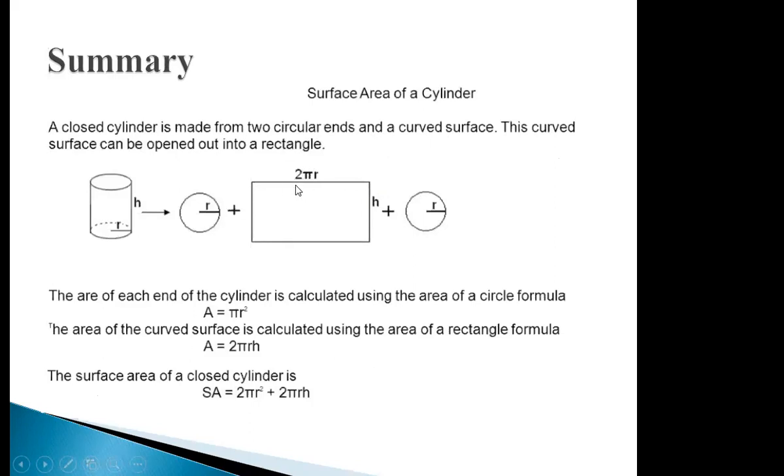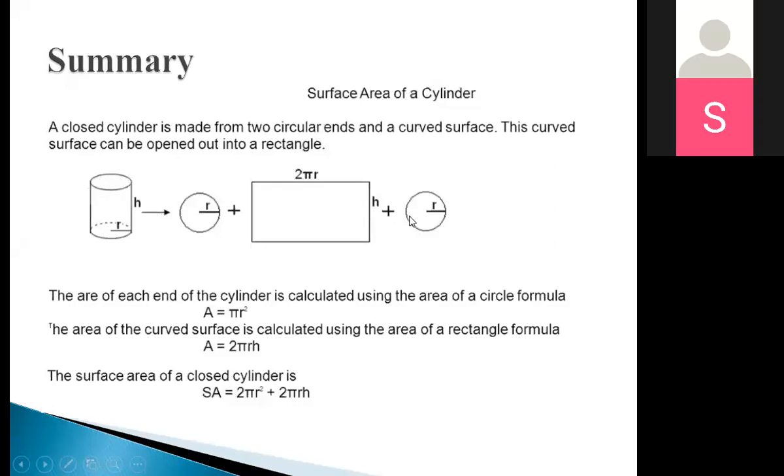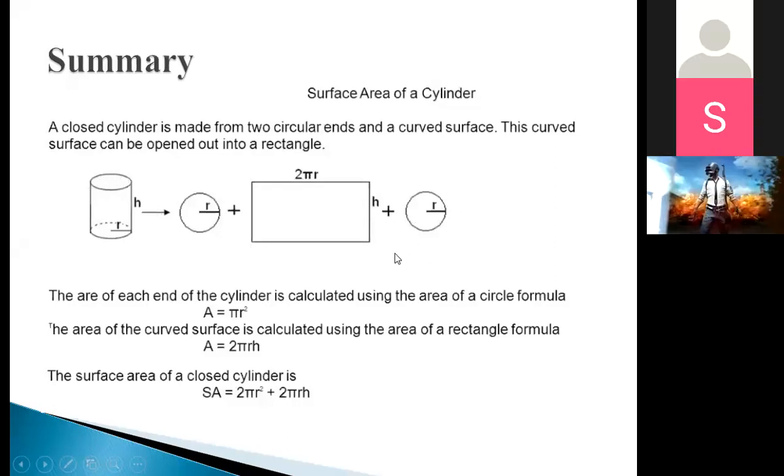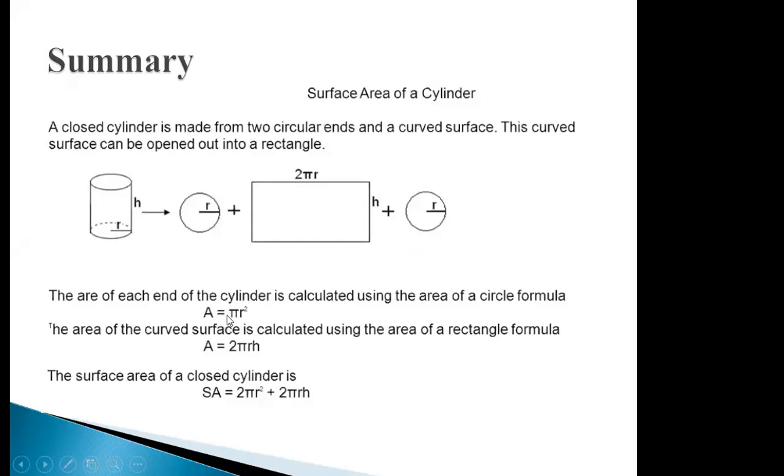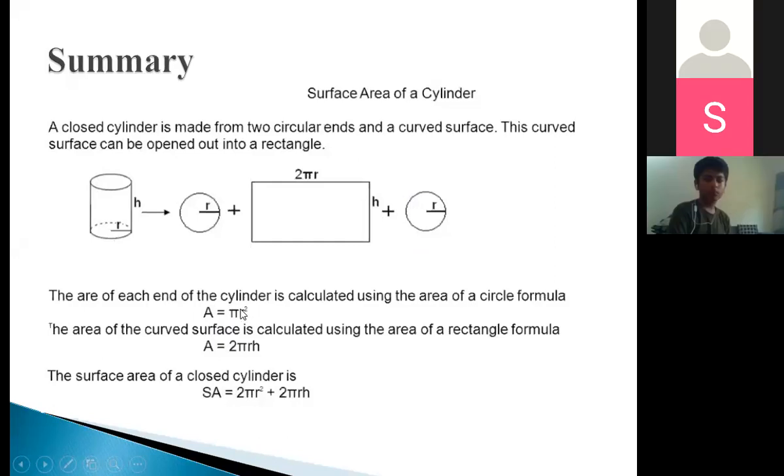It has turned into the circumference of the circle when you fold it, right? The length of the rectangle becomes the boundary of the circle. Then you have another circle with again radius r. So the area of one circle is pi r square, and two circles mean 2 pi r square. If there is no lid, no top, then pi r square. But we have two circles, so 2 pi r square.